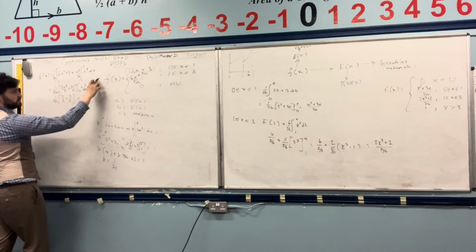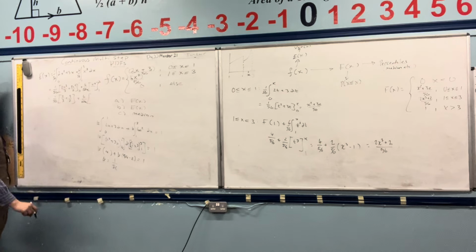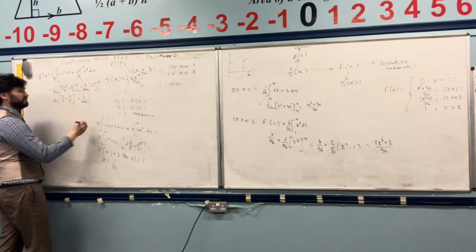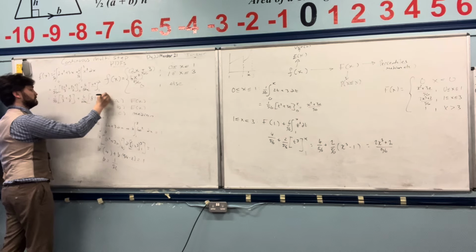And then this is just x to the 4, evaluated between 3 and 1, so what's that, 81 take away 1, yeah, much easier. Okay, so this would be 1 over 56, and then 11 over 6,